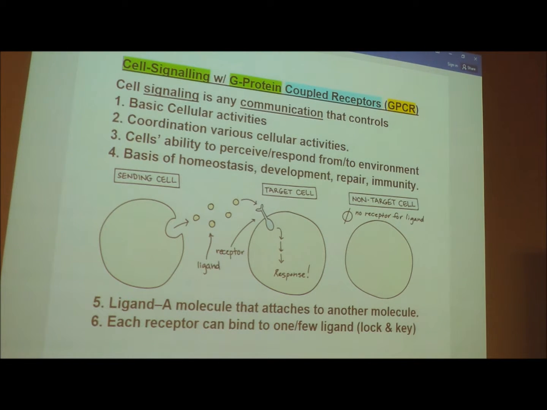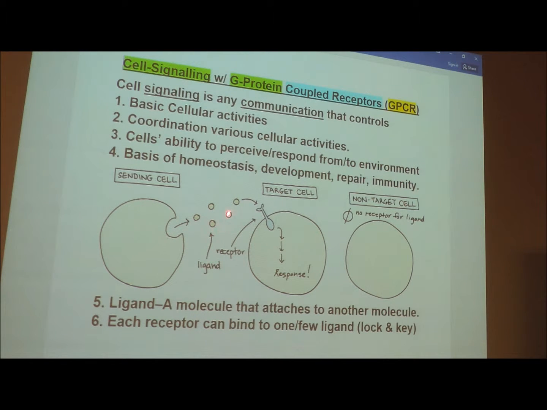Cell signaling is considered to be any communication that controls basic cellular activities. It's the cell's ability to perceive and respond to its microenvironment, which can involve development, tissue repair, immunity, and so on. In this picture, I have shown a cell sending signals, and the signal is usually transmitted in terms of a ligand. It could be ions, other molecules, and it can be a perception of audio, visual, and hormones, and